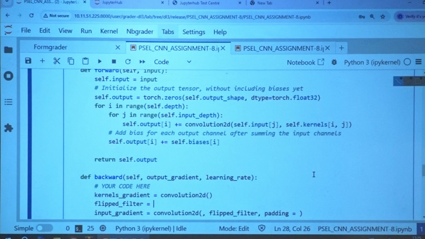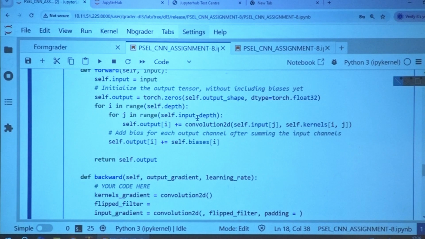Most of you guys are not listening carefully. Almost all the solution is here itself. You perform the forward pass with two loop variables. Loop over the number of output channels, self.depth. For each of the output channels, loop over the input depth, so that you will get the iterating variables i and j.